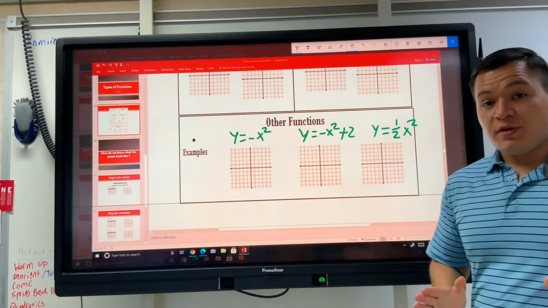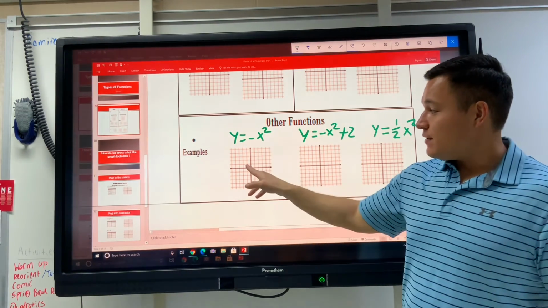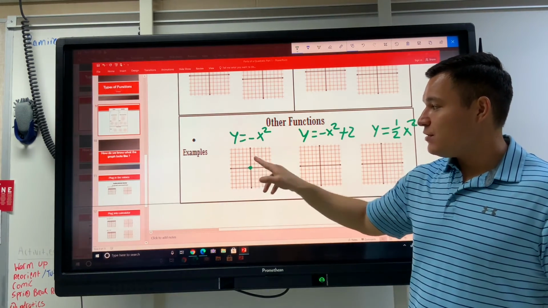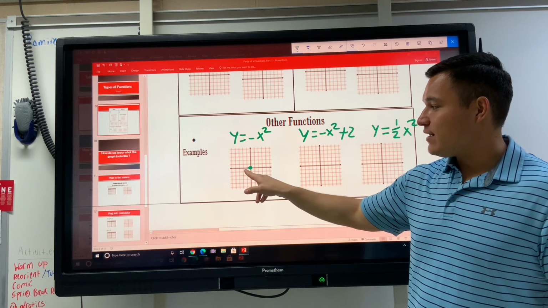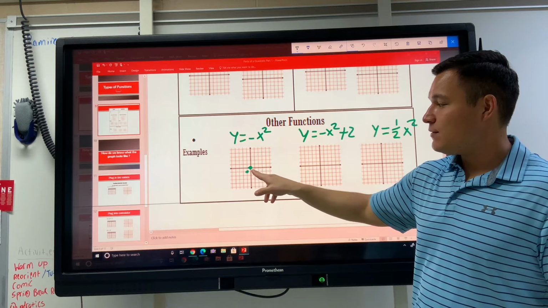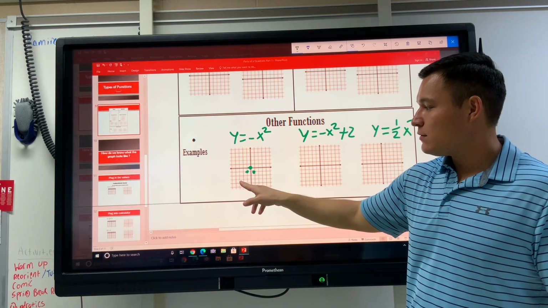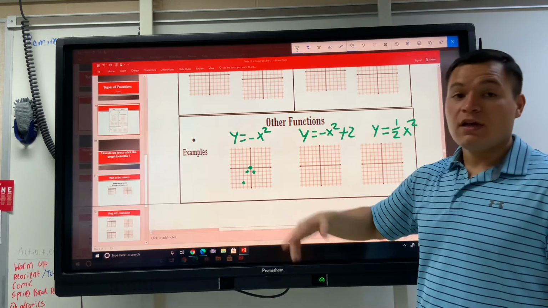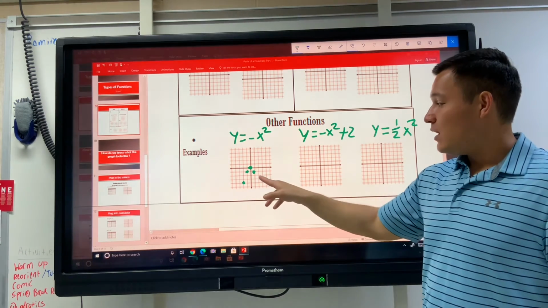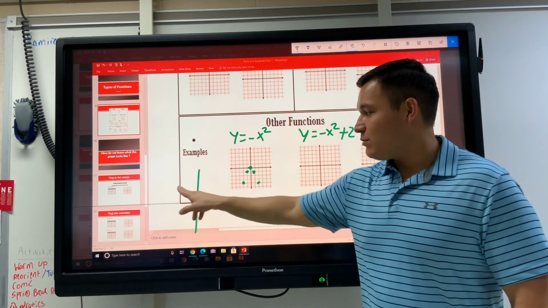Okay, the last thing I'm showing you in this video is the general picture. This graph is going to have the origin included, and then it's going to have -1, -1. It's going to have +1, -1. It should have -2, +4. It should have -2, -4, and it should have +2, -4. When you're making this table,